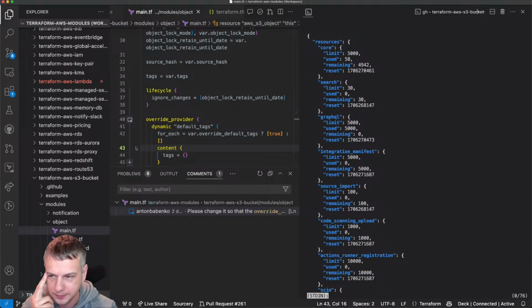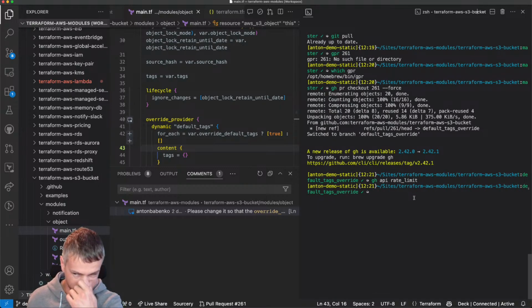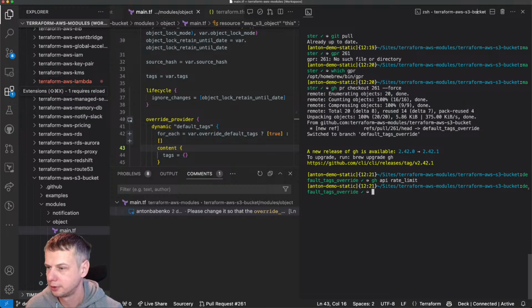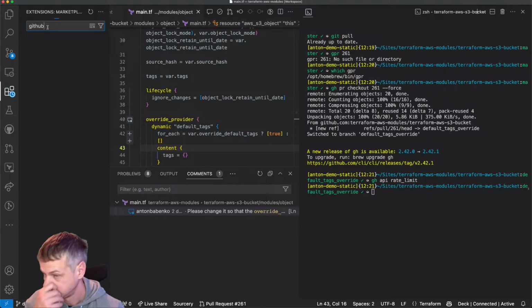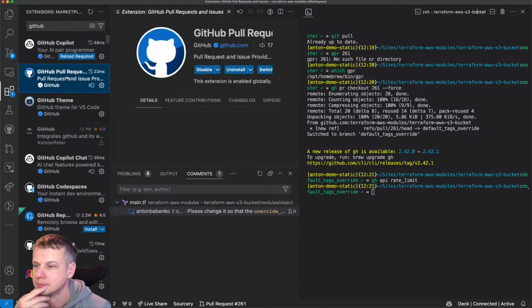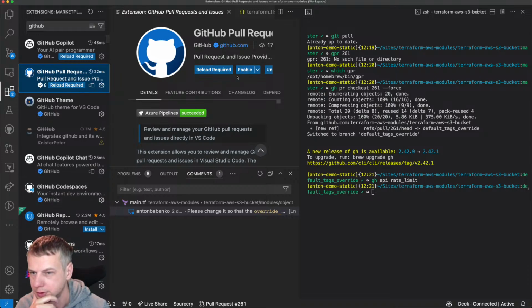So if I see this GraphQL request, grep, well, it's going to be a lot of noise. But again, the problem here is that my GraphQL quota is already used because of this hopeless GitHub extension. I probably need to turn it off forever. GitHub request, I have no clue what it is, but turn it off.